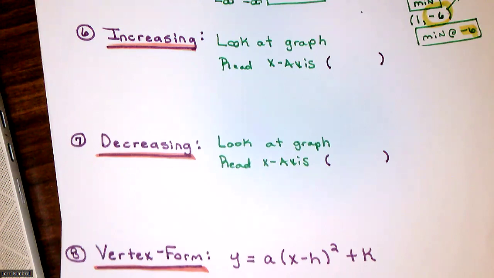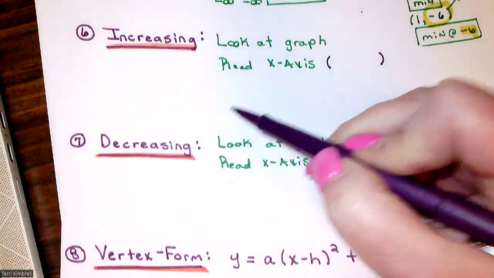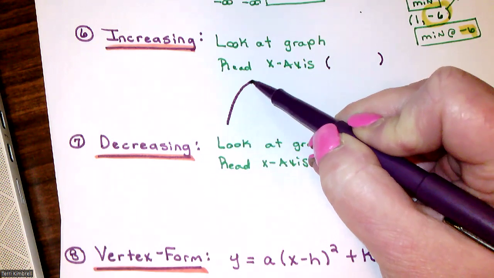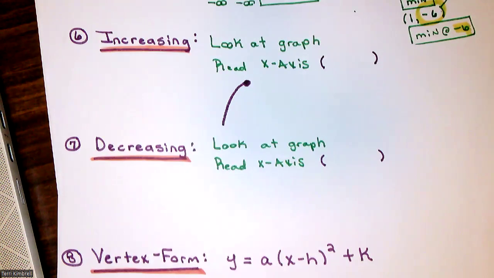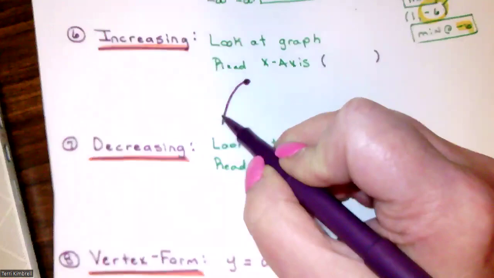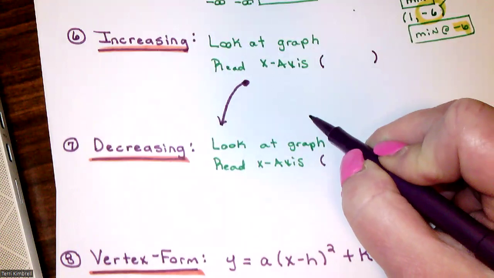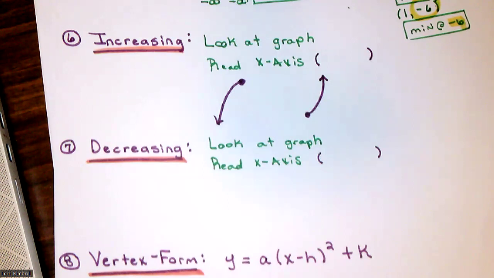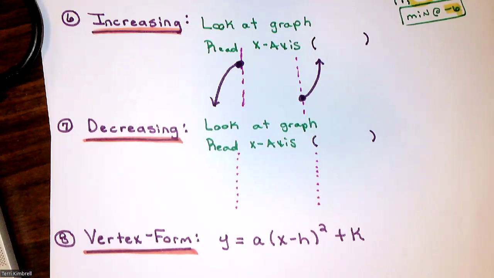So if I'm looking at a parabola that is opening downward, the only side of that parabola that is increasing is the left side, okay? When I'm looking at a parabola that is opening upward, the increasing part would be the right side of that parabola. So when you see that the axis of symmetry goes through that vertex,